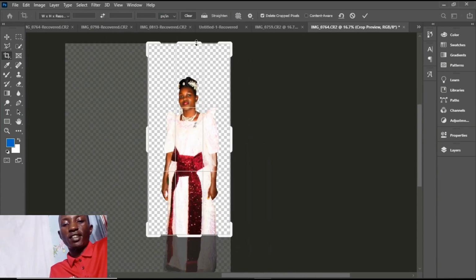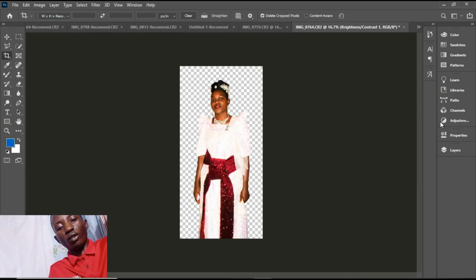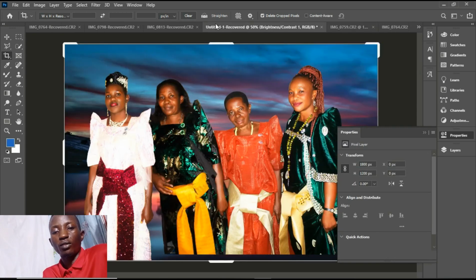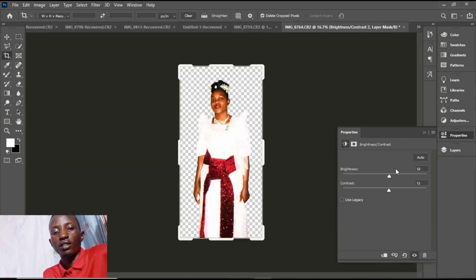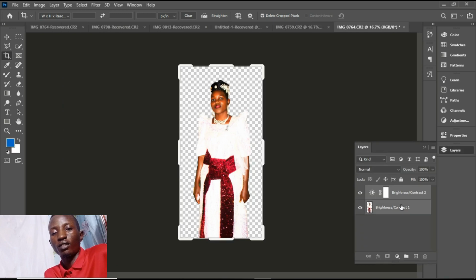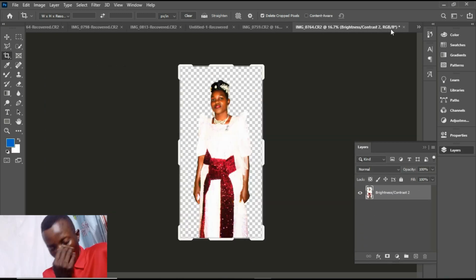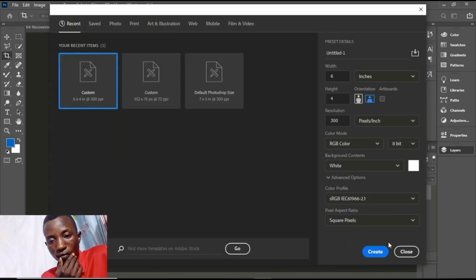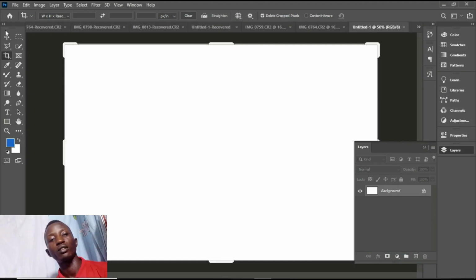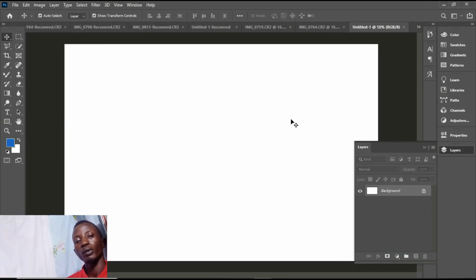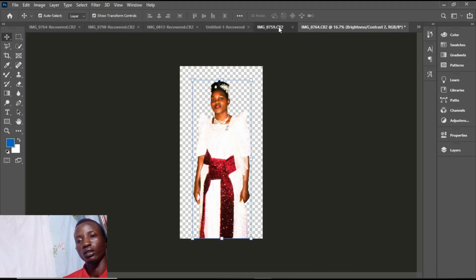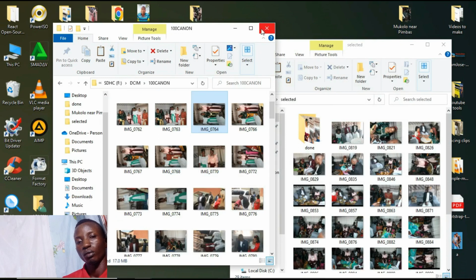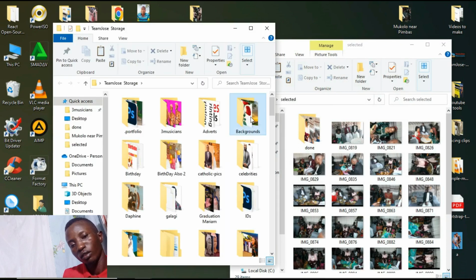Press select inverse. The other part has been removed. I remained with one person. Crop that. So we want to add that. I want to add this lady to the other three. Open new page. Rotate it clockwise. But we don't need to rotate. Just bring the